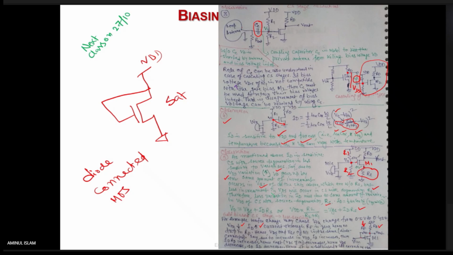Hence it is a self-biased and self-correcting circuit. Is it understood? If you apply the DC voltage at the gate by connecting a feedback resistor from the drain of M1, then it is a self-biasing and self-correcting circuit. Because of a change in VDD, if there is a change in current, it will still be a stable circuit current. Okay, stable current. Is it understood?